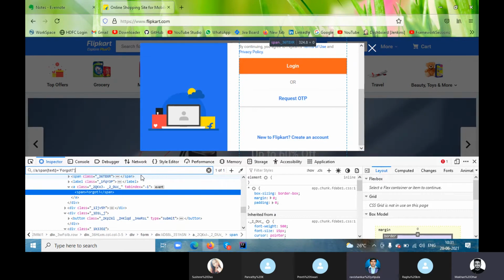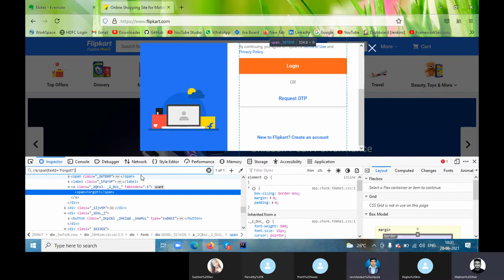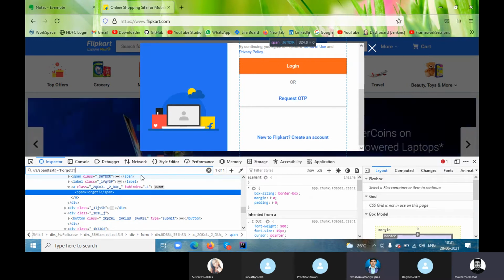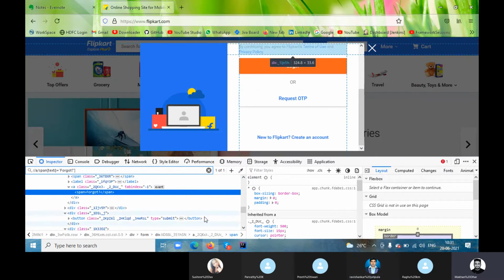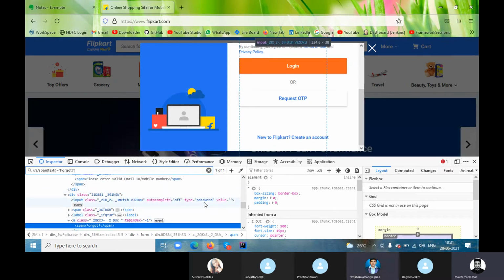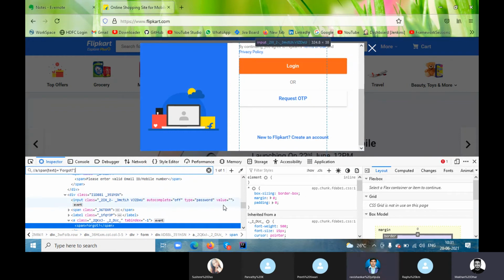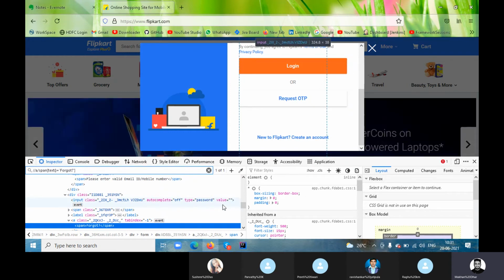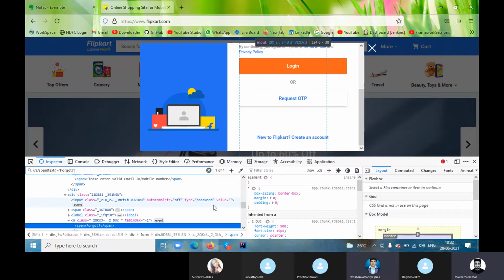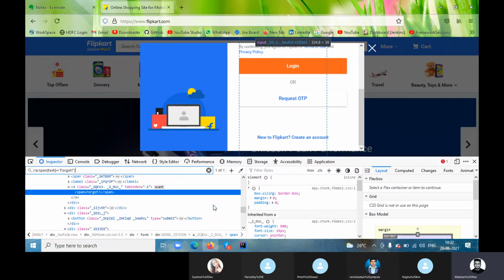Sometimes in your application the ID attribute is dynamic, some value will be getting, okay. Whenever you see some application, the ID value is some number, and it gets changed from time to time. First time maybe it is 10, second time whenever you run the same browser, it gets changed. So in that case it is not recommended to go with ID.